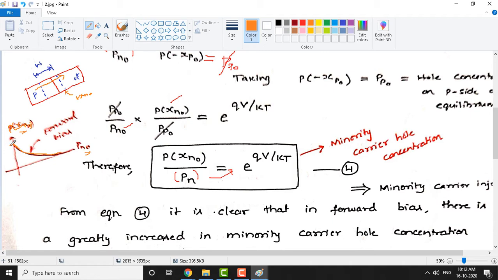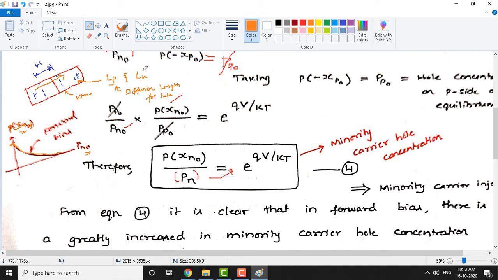My question is now, why is the density of holes very high? The moment the holes enter the n side, they will take their own time to diffuse into the electrons here. Immediately it will not get diffused. Here I will introduce one more term called Lp. What do you mean by Lp? Anybody aware of this term Lp? Another term is Ln. These are called diffusion lengths. What do you mean by diffusion lengths? So this is the diffusion length for holes.